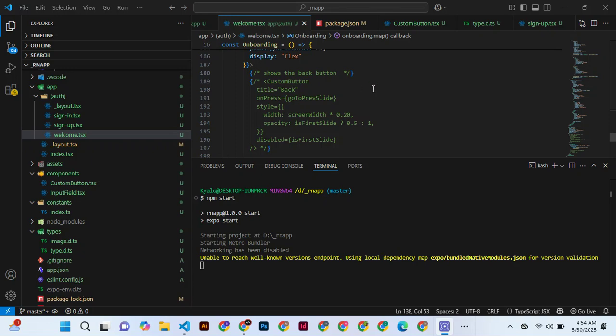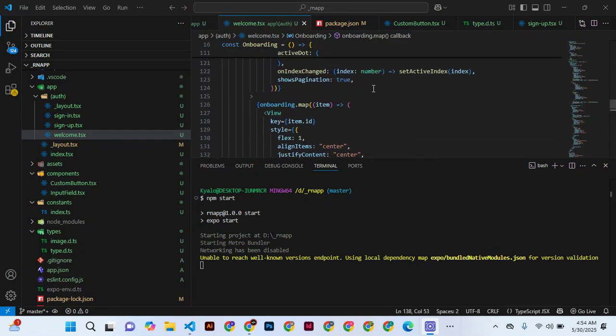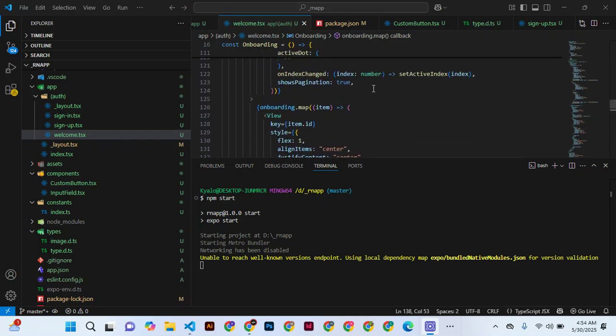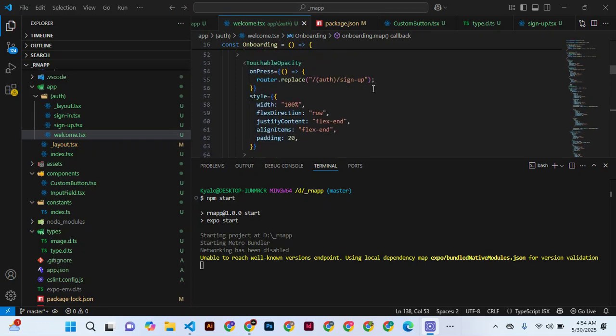Now I have made a few changes in welcome.tsx so that when we have the onboarding page, we don't show the back button,